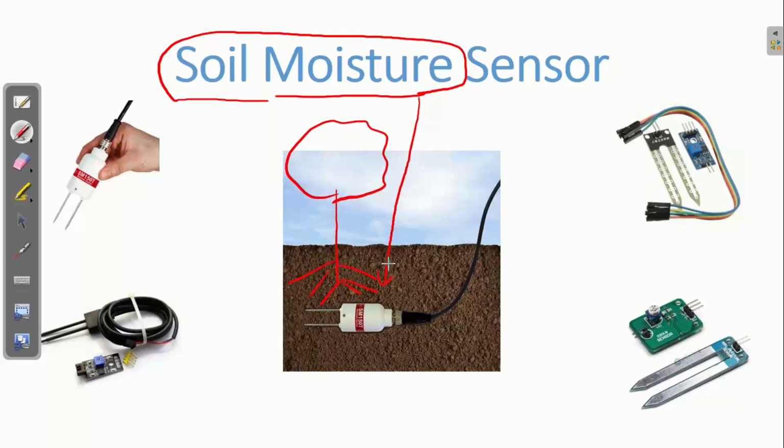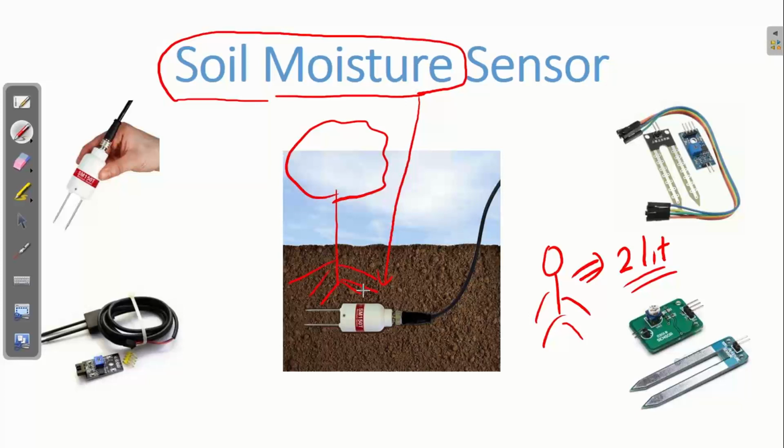It will tell you about the moisture content, meaning how much water is required by this tree, so we can finalize that and give that much water every day. For example, suppose this is a human being who drinks 2 liters of water every day. Based on that we can decide how much water this person will require for a month. Yes or no? Based on that, a lot of predictions can be done. For this person, if you keep this much water, then he can survive for this many years. Yes or no? Similarly, if you implement this moisture sensor inside the soil,